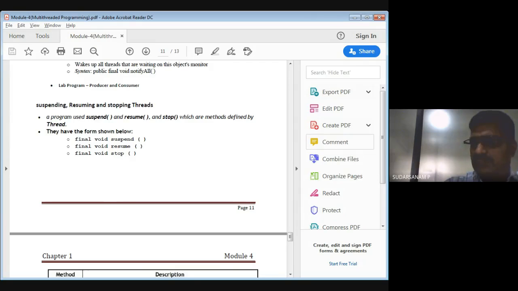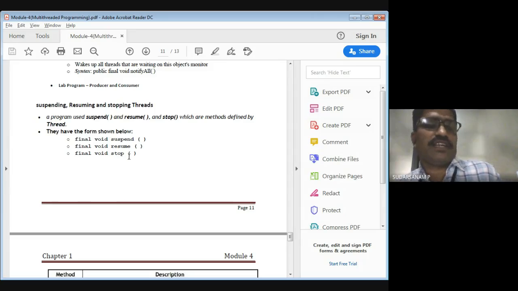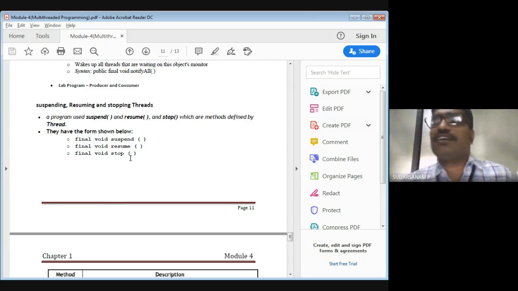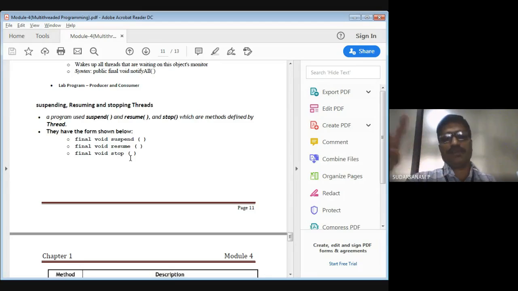For example, one student is misbehaving in the class, so finally the department says suspend for 1 week. The meaning is that you are suspended for the time being and not allowed to do your job, but later you can. After 1 week, you are allowed to attend the examination or classes; it is a small punishment. Here also, when a thread is running or a method is executing, you can say suspend, and resume means restarting the work.